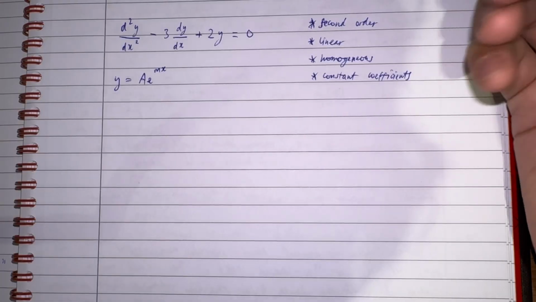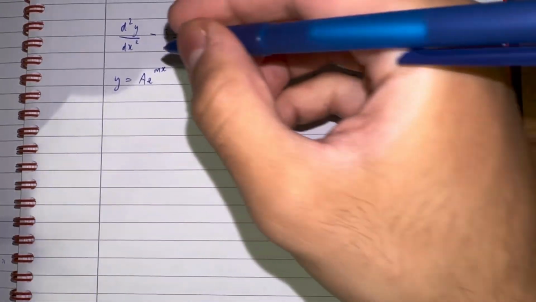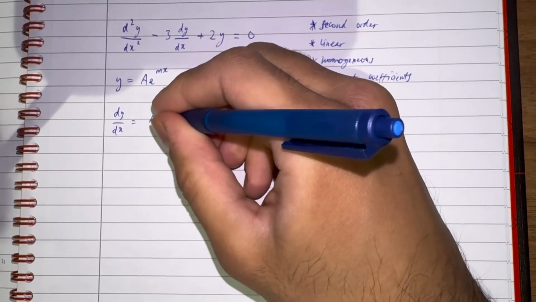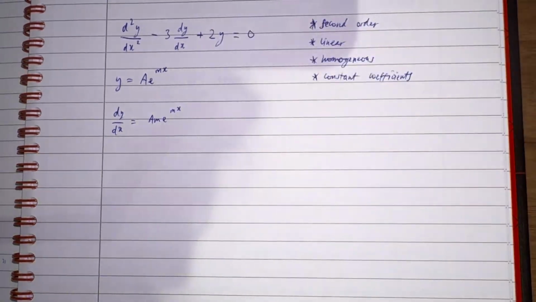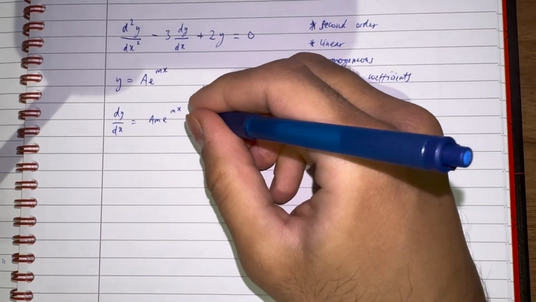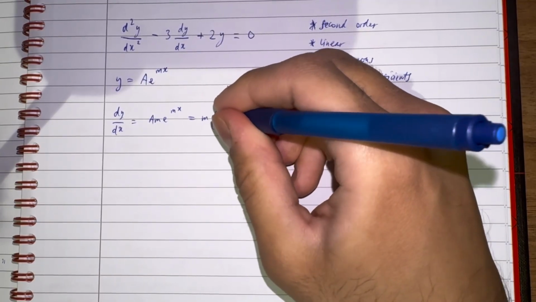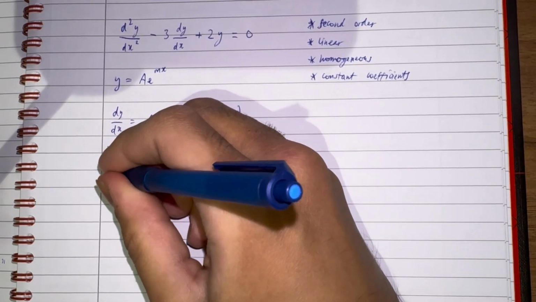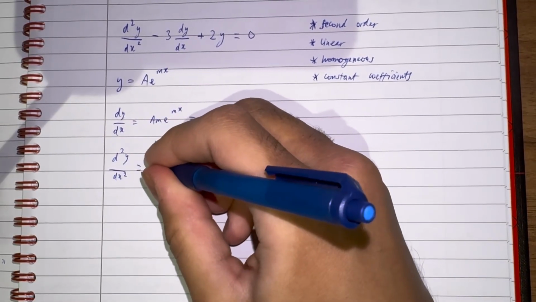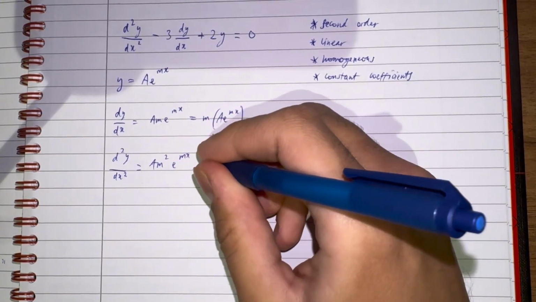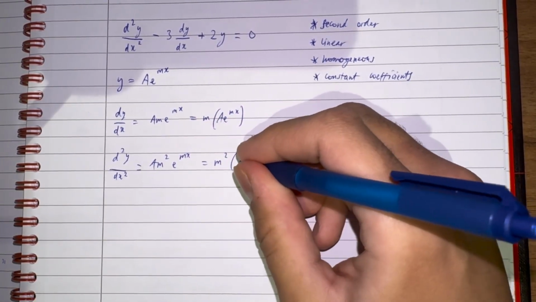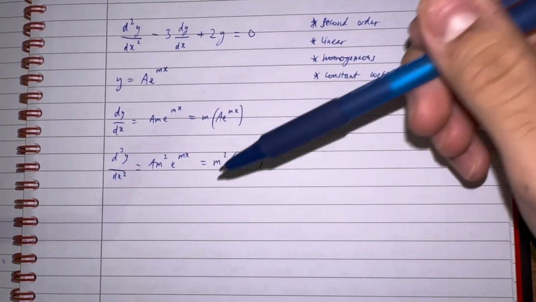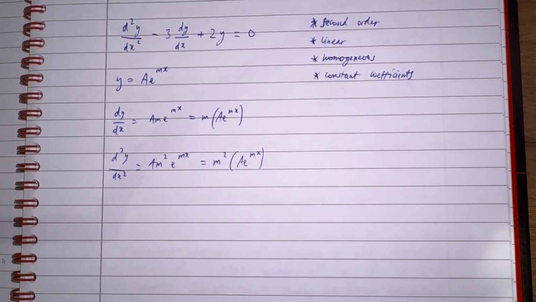Now if we differentiate this, you should see that we get another multiple of the original function. So dy/dx is equal to am e to the power of mx. We've got a multiple of the original function y because we can write this as m times ae^(mx). Similarly for the second derivative, d²y/dx² is equal to am² e^(mx), which is m² times ae^(mx). So here we've shown that each derivative is just a scalar multiple of the original function,